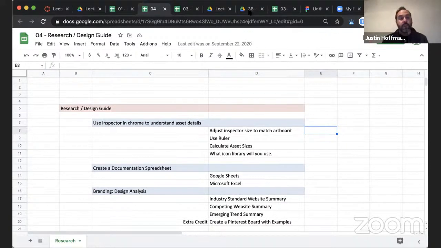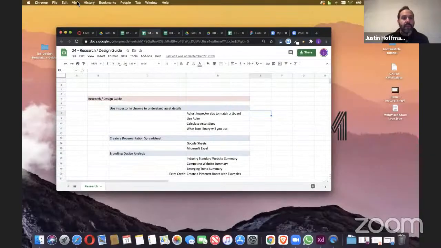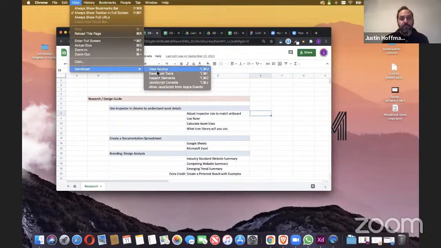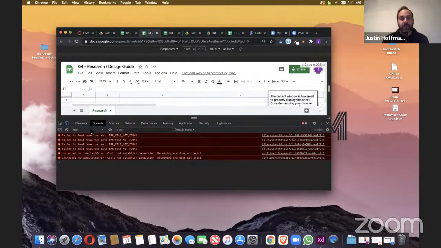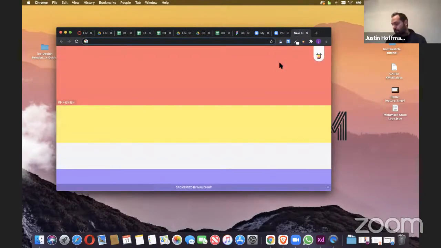You can also go into Chrome, and let me share my full screen for this. You could go to View and then Developer Tools. And over here, you can inspect elements. I'm looking at a spreadsheet right now. Let's go to a website to check out something. So today we're going to create a controller app, just something super simple. So let's look at